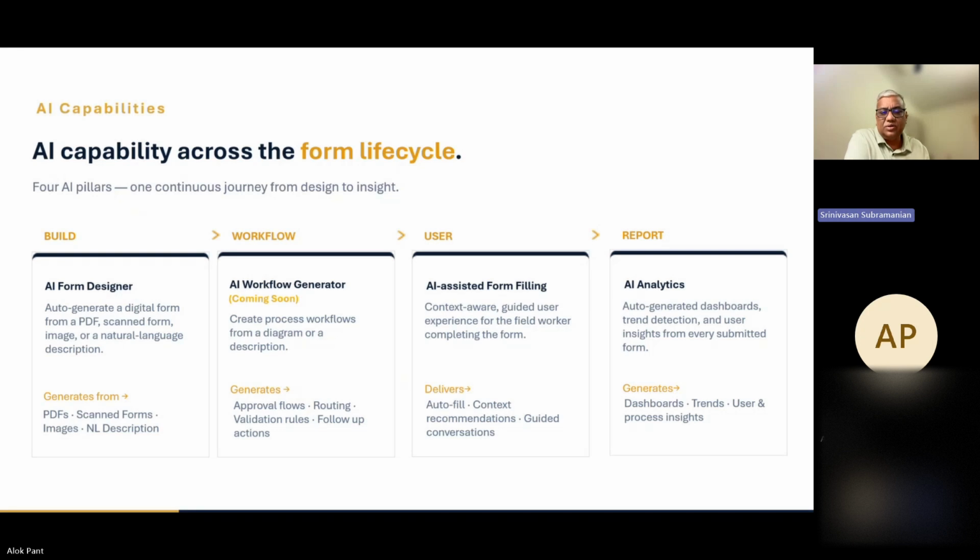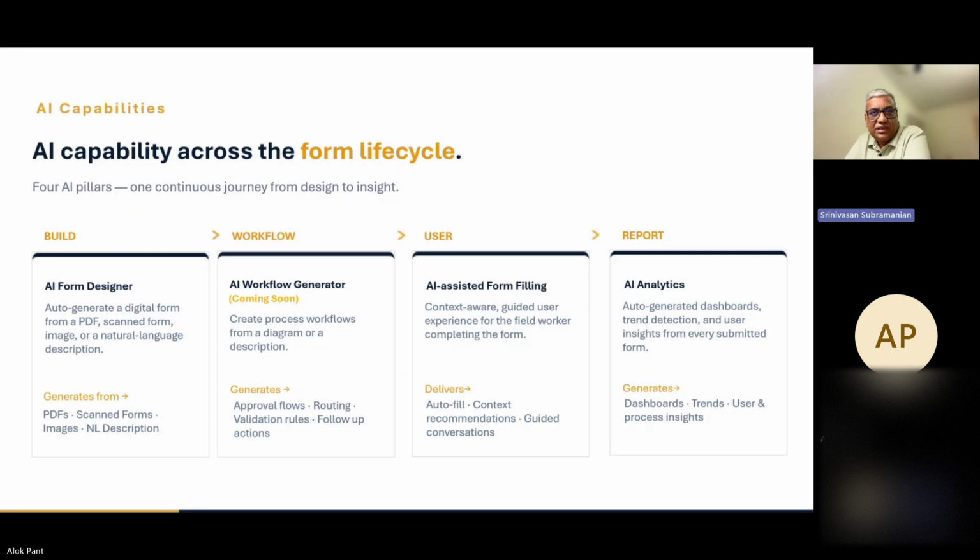Right now, it's a no-code tool, which is a drag and drop designer, but we're currently in a stage where we have that also available as an AI-enabled module. But two other interesting use cases which affect the end users and potentially people who are looking at this data is one is AI-assisted form filling. So some interesting use cases here are,